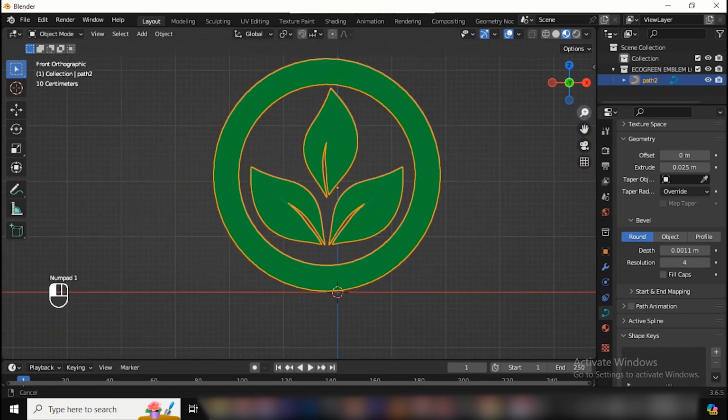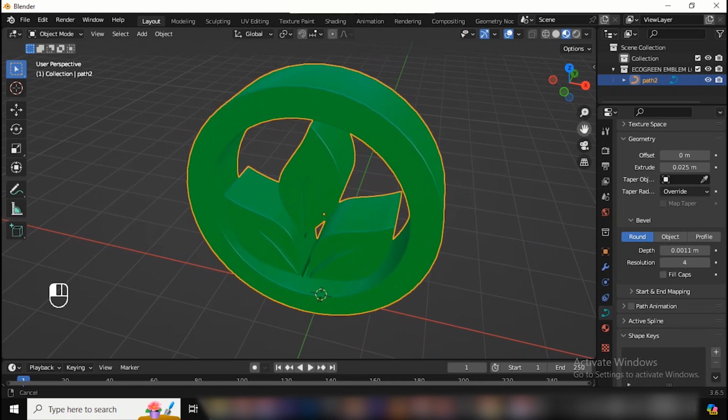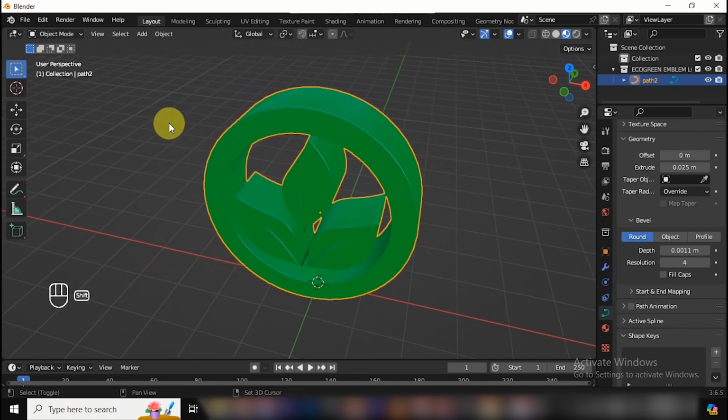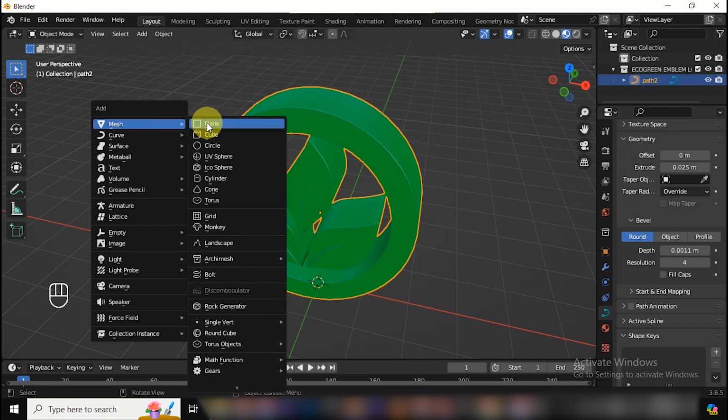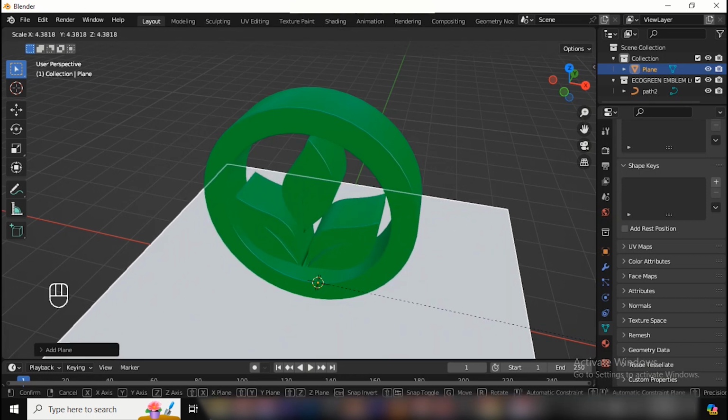Press Shift+A, then select Mesh and click on Plane to add a background plane. Press S to scale it. Then press Ctrl+A to apply scale. Press the R and X keys while typing 90, and then press Enter to rotate the vector image 90 degrees